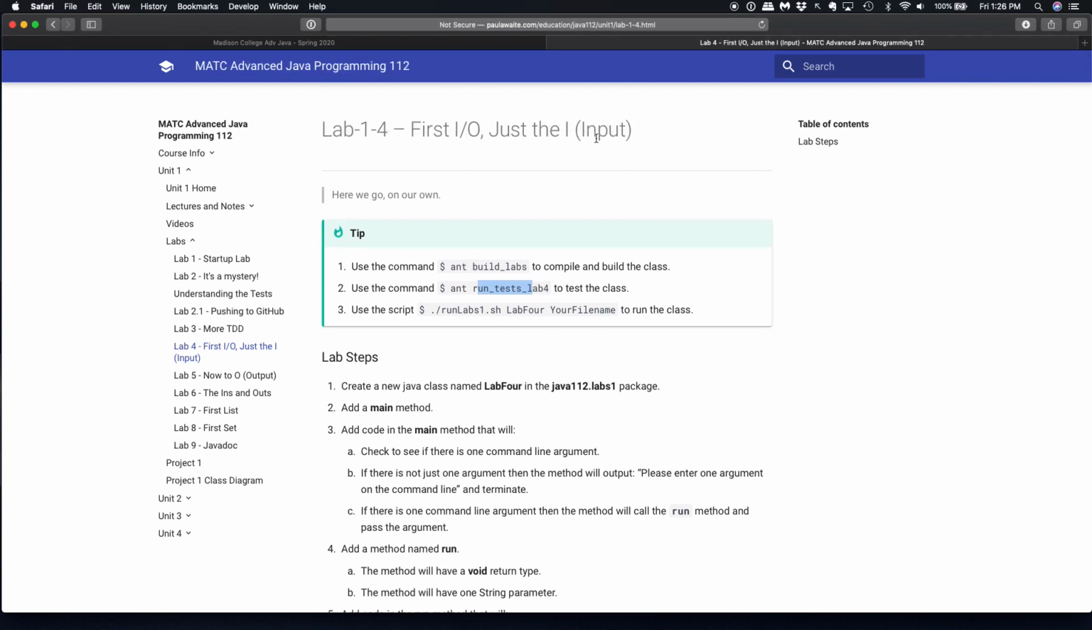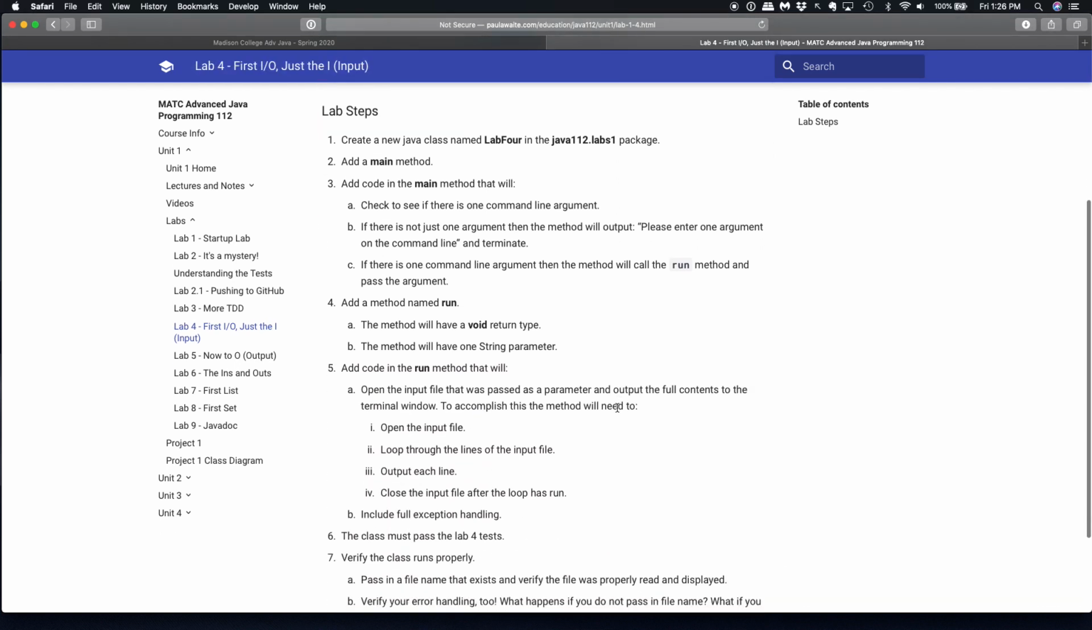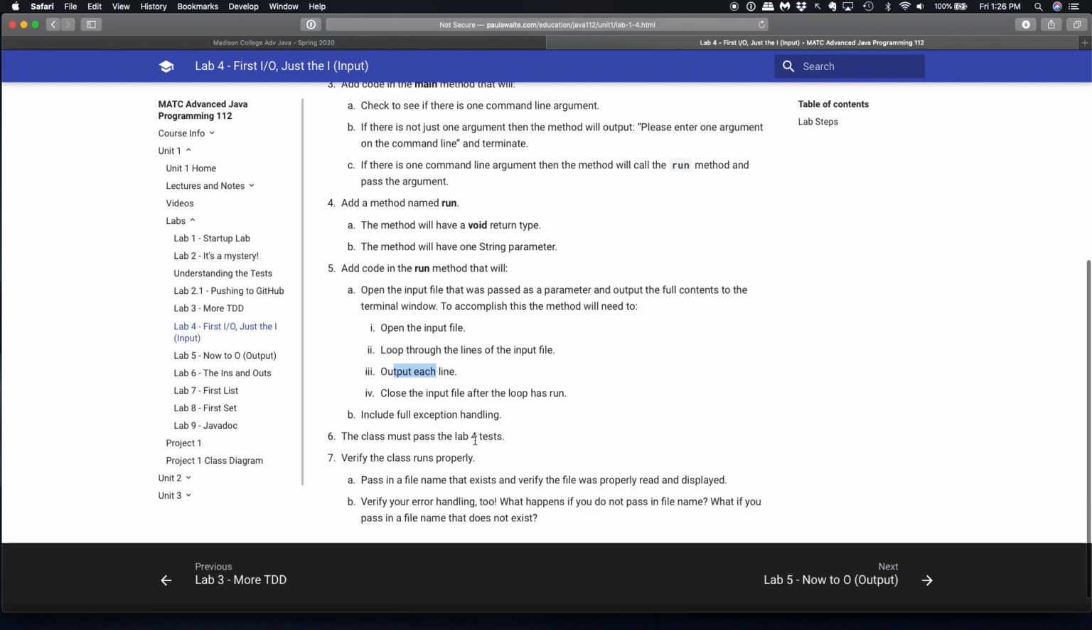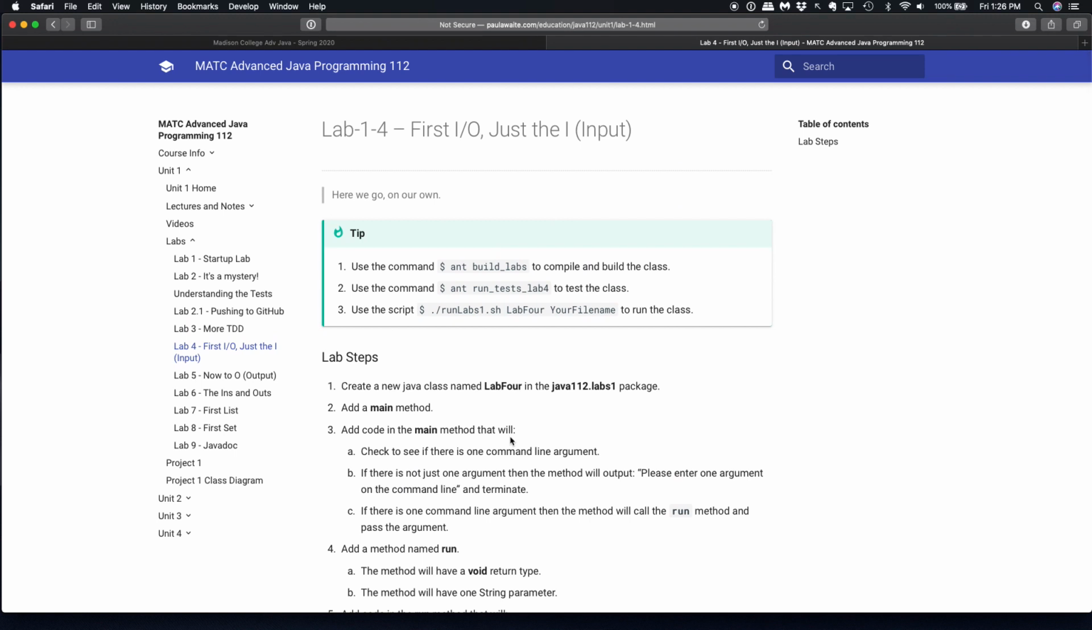The goal for this lab is really to read a file. Read in a file and then write what is in that file back to the command line. So we should see that written back out. That information is in here: open the input file, loop through the lines of the input file, write each line out. So read a line, write a line out to the command line, read another line, write it out to the command line. Once you have the 4 unit tests passing,